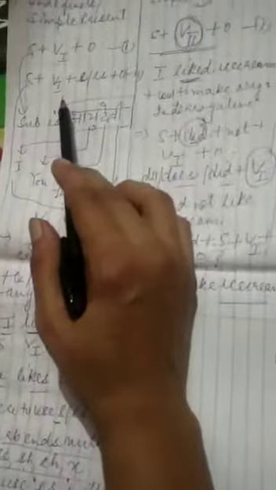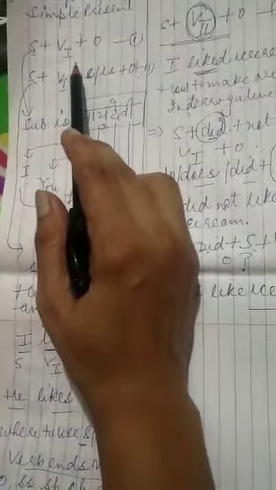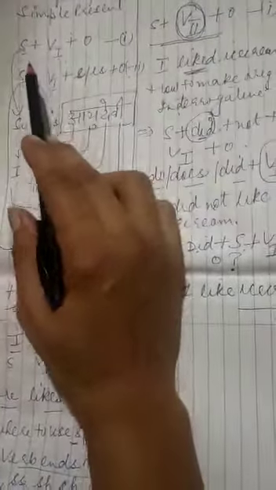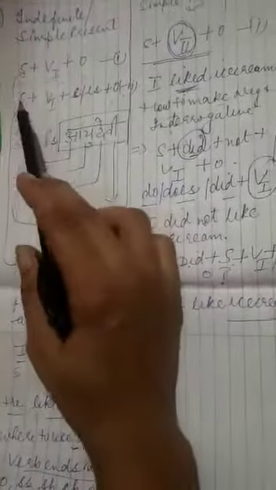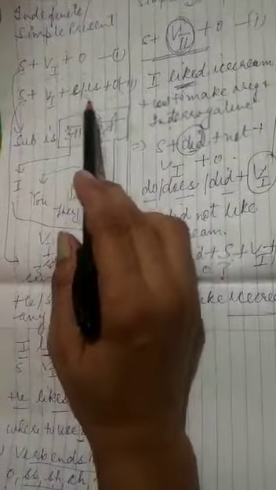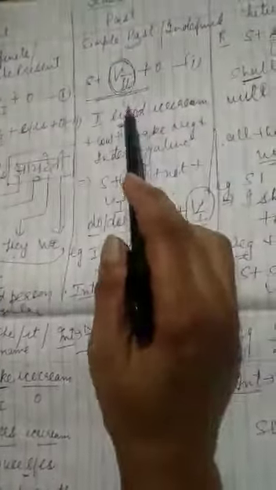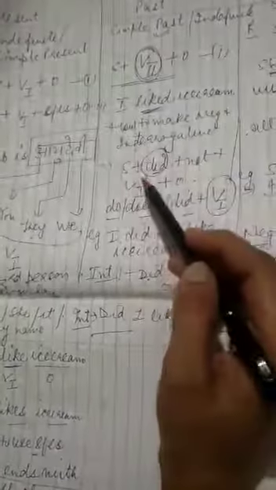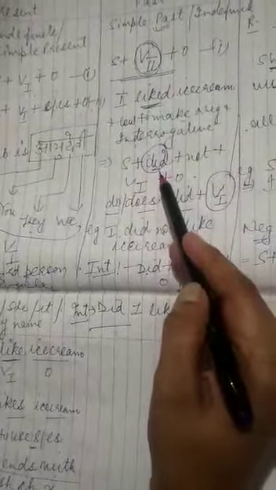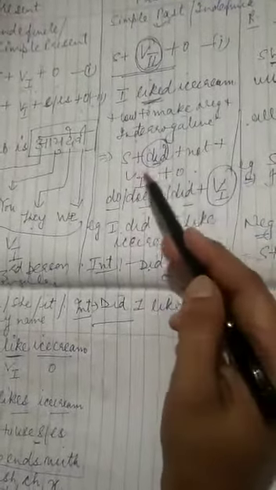Children, now simple present, simple past and simple future are done. Let's compare them once again. In simple present, we use subject plus first form of the verb plus object, if the subject is I, you, they. If the subject is third person singular, he, she, it, along with that we always use s or es with the verb. In simple past, we use subject plus second form of the verb and object. And to make it negative, we use the helping verb did. And to make it interrogative also, did is used.